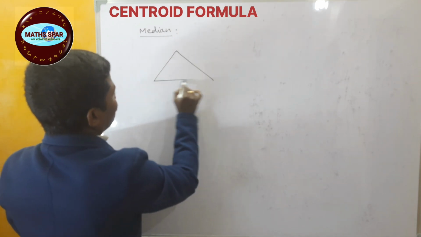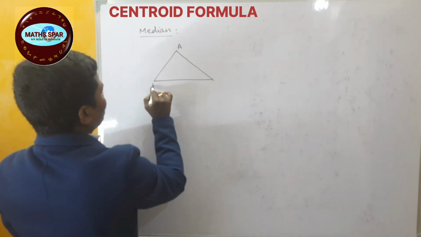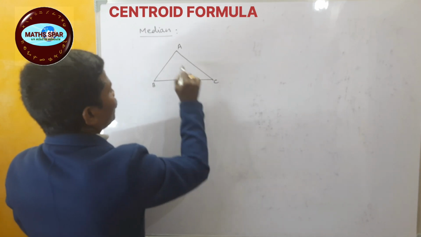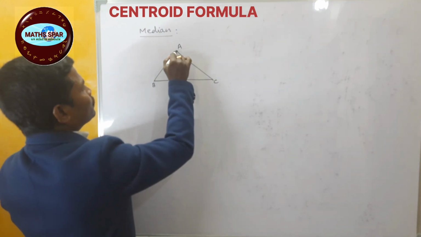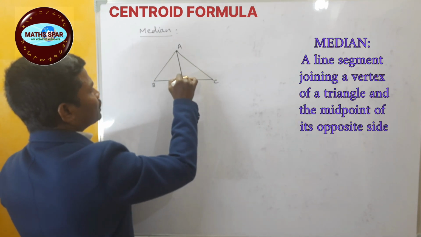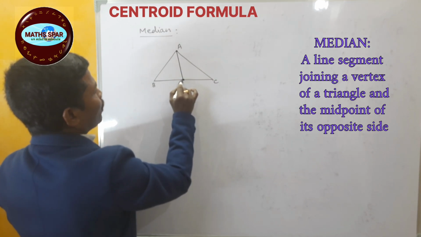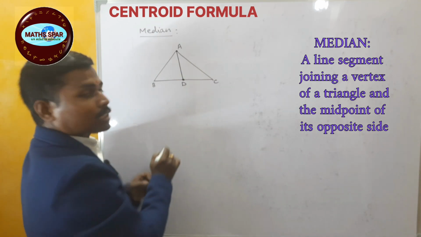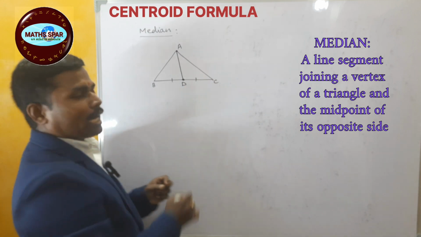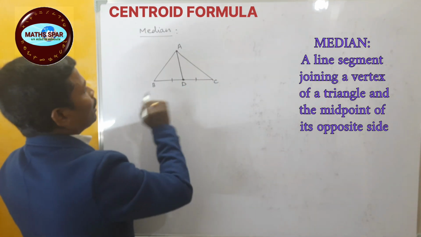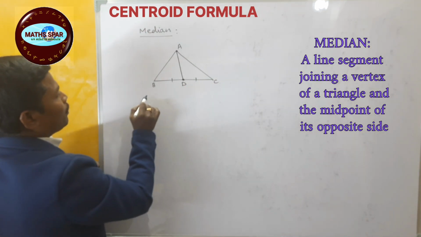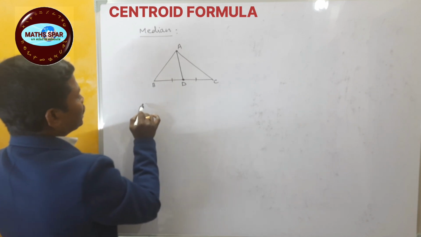Say in a triangle ABC, a line segment joining one vertex and the midpoint of its opposite side is called a median, and the point of intersection of